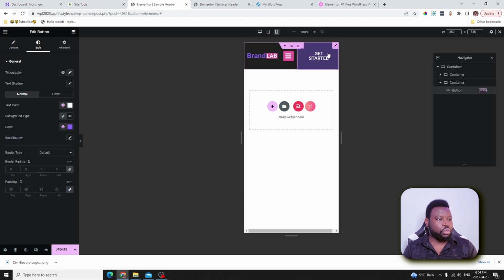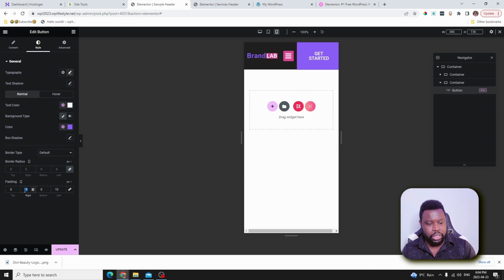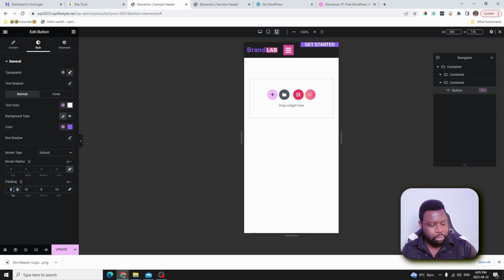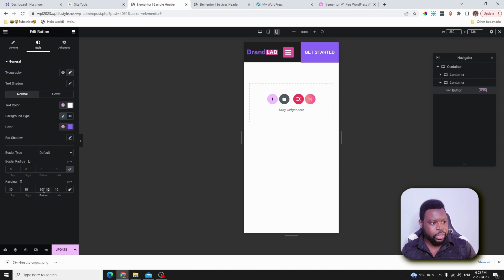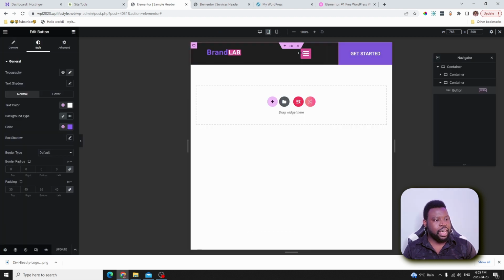So now all we have to do is to select the button and then go ahead and reduce the padding that we have inside. So go ahead and unlink this, and then inside here we want to add maybe 15 pixels on the right, and then maybe 15 pixels on the left, and then on the top we want to add maybe 30 pixels, and then at the bottom we can add 30 pixels as well. So you can see what we have, and this is looking really nice. If you go to the tablet, we'll still have a nice menu right here. So that's pretty much it.